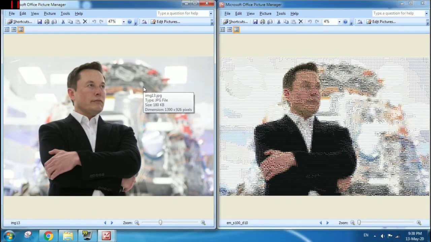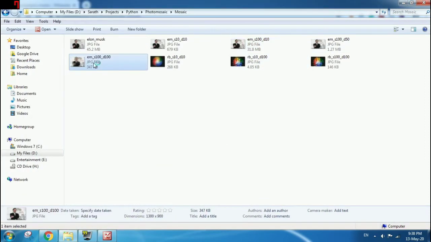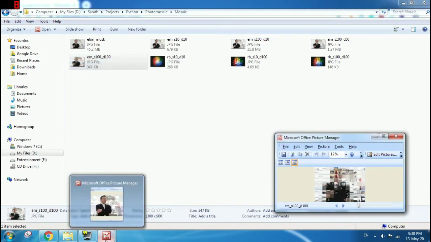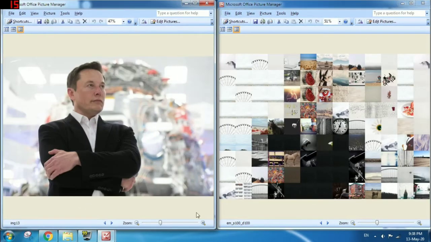And now I will show you how these values, 100 and 10, change the final output. So here we have a value with S100 and a D100. And as you can see, since the value D100 is very high, the area covered by a single image is around 100 pixels.